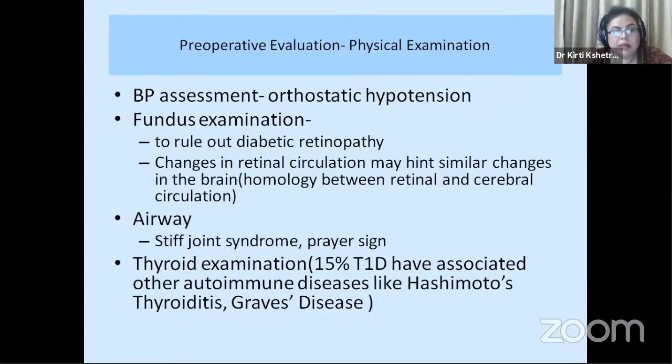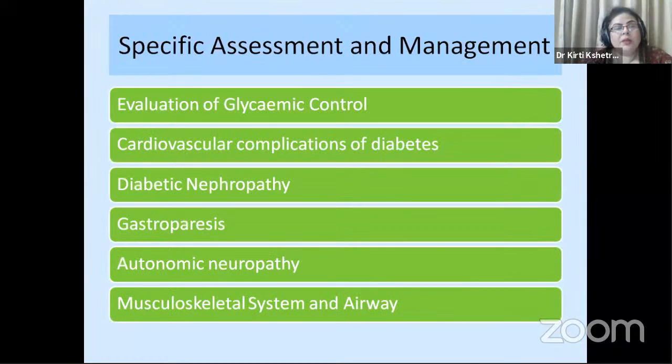Difficult airway can be identified if the patient has stiff joint syndrome, where we can find the prayer sign or the palmar print sign. Thyroid examination also needs to be evaluated because 15% of type 1 diabetics are associated with autoimmune diseases like Hashimoto's thyroiditis and Graves' disease. Now, specific assessment and management include evaluation of the glycemic control, cardiovascular complication, diabetic nephropathy, gastroparesis,